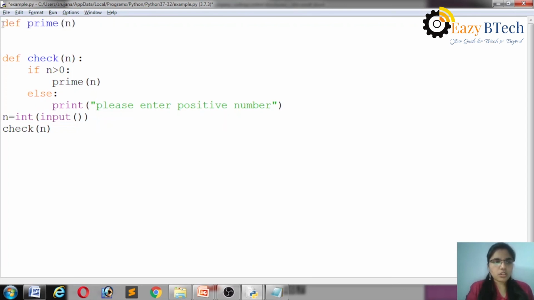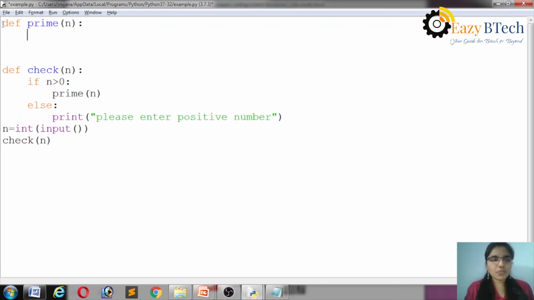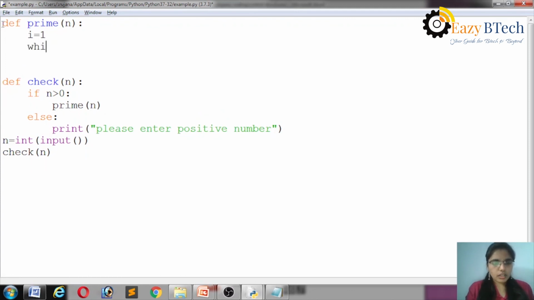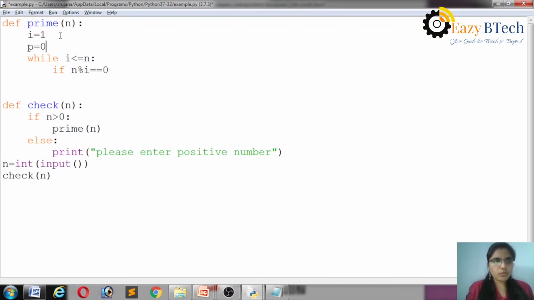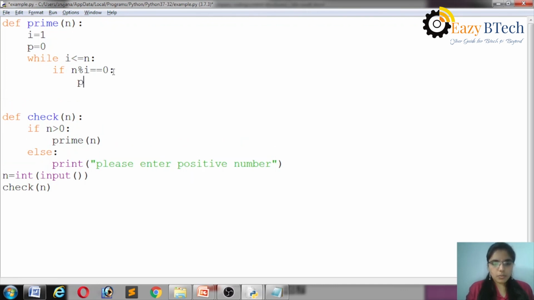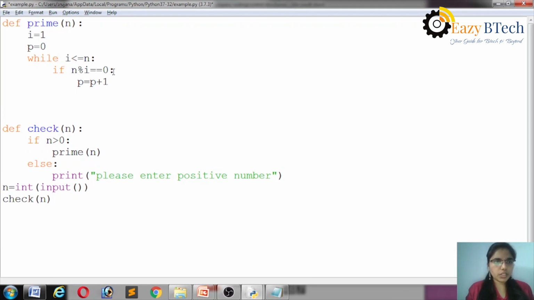So what is a prime number? A number which is divisible by 1 and itself. So I am taking an i variable as 1. While i is less than or equal to n, here I am checking if n modulo i is equal to 0. Again I am taking a variable p is equal to 0. So here p is equal to p plus 1. Here I am updating the i value, i is equal to i plus 1. After that, if p is equal to 2,